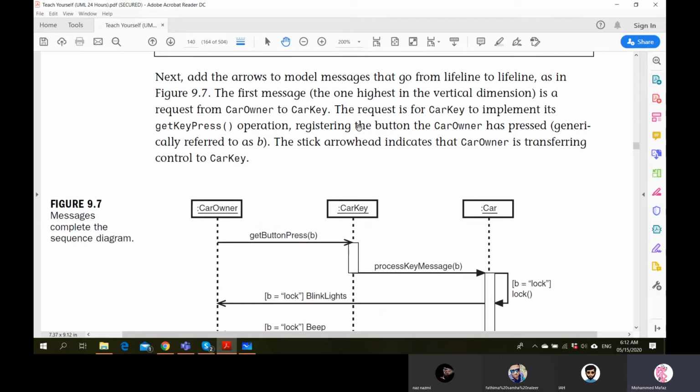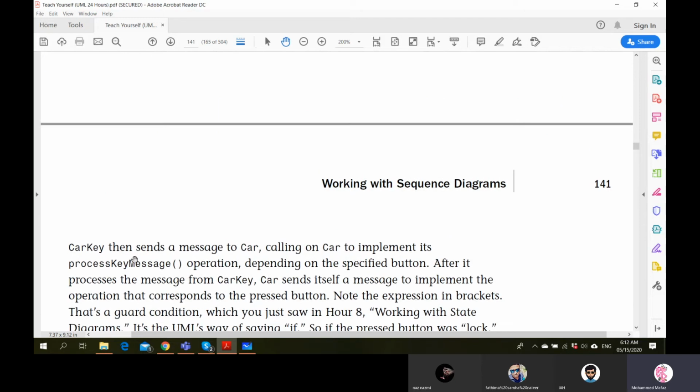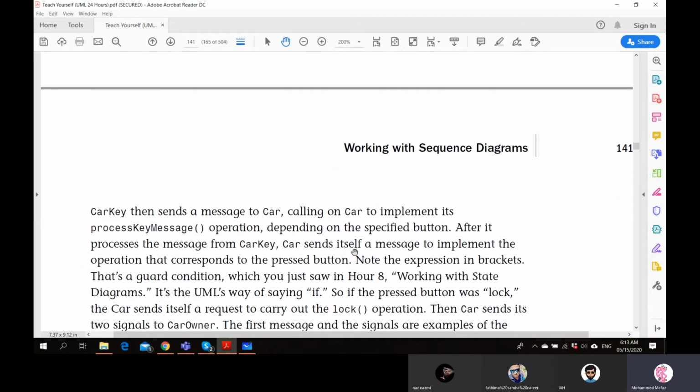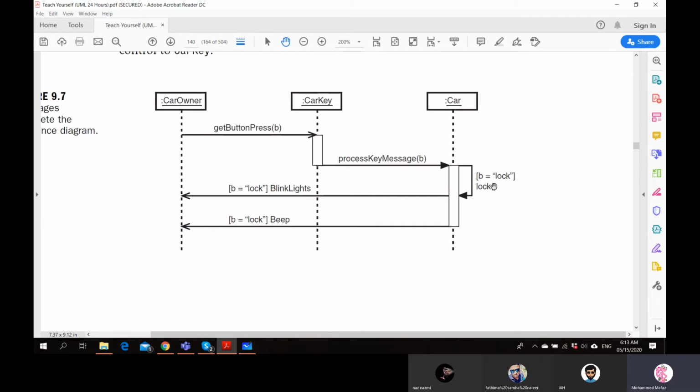Get button press operation, registering the button the car owner has pressed, generally referred to as B. The stick arrowhead indicates the car owner is transferring control to car key. Car key then sends a message to car calling on car to implement its process key message operation depending on the specified button. After it processes the message from car key, car sends itself a message to implement the operation that corresponds to the pressed button, right?